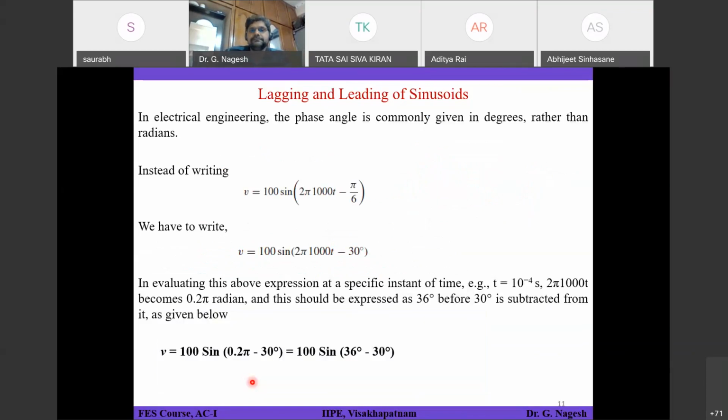So let's see some small example. Okay. So in electrical engineering, the phase angle is commonly given in degrees rather than in radians. If you see here,